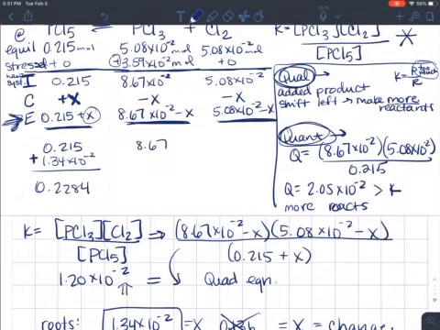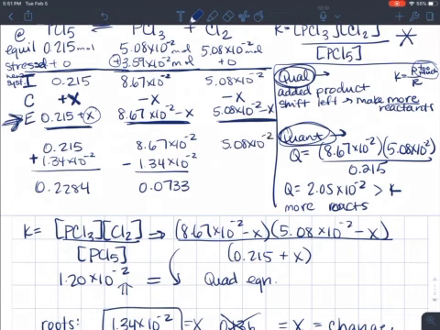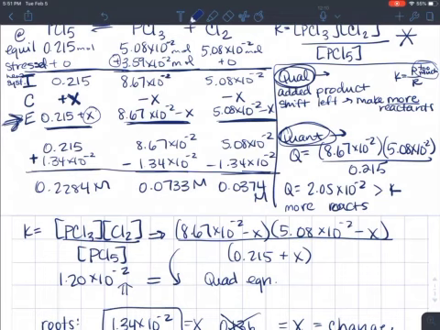Here, I am losing x. X is going away, so I need to subtract 1.34 times 10 to the minus 2. And here I get 0.0733. And then here, I'm taking 5.8 times 10 to the minus 2. This is again a product, and my products have to have the same sign on x. All of those are molarities. These values here are what should go in your answer box